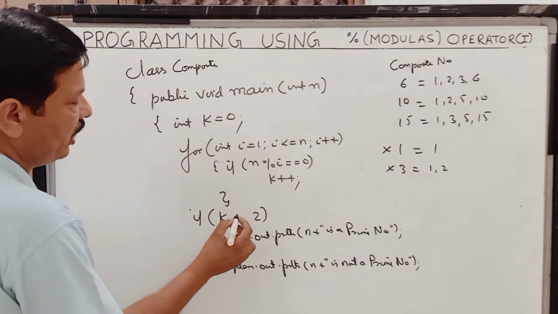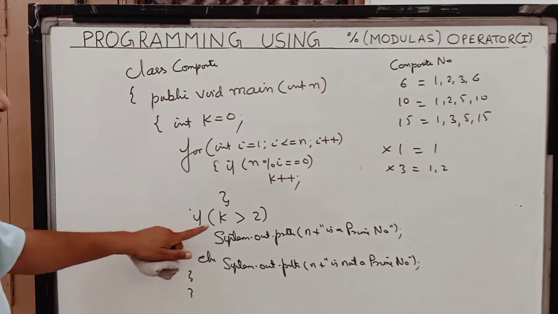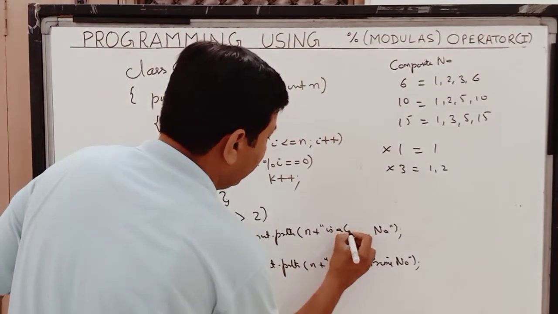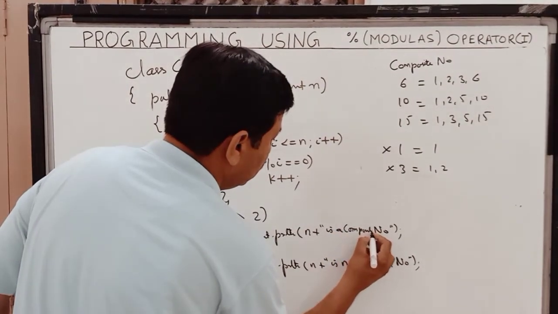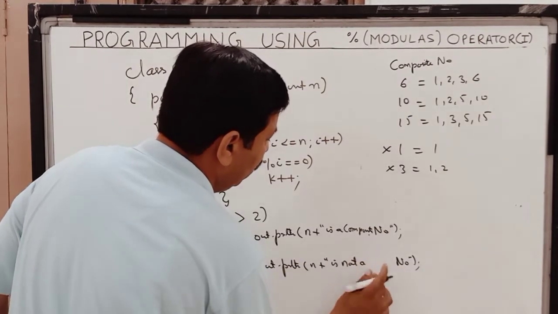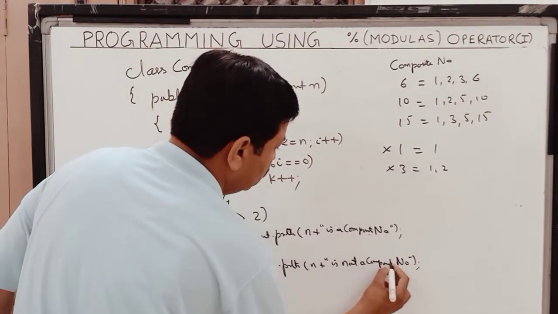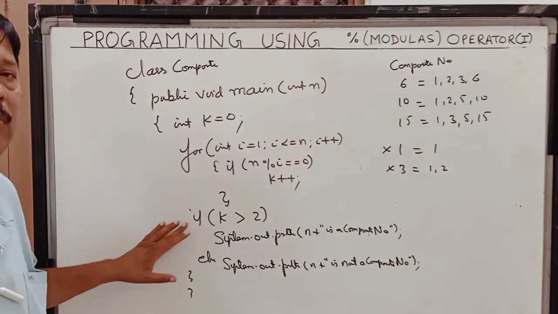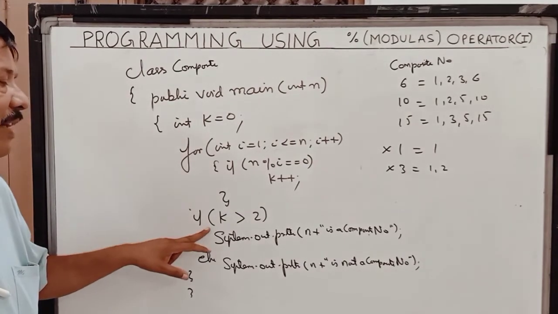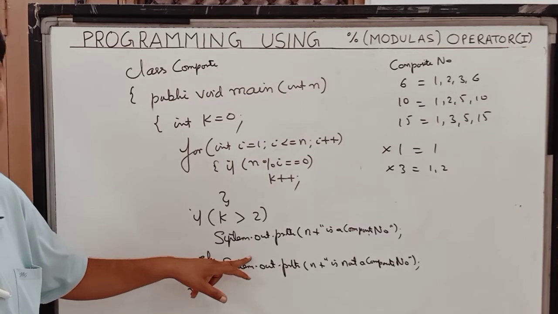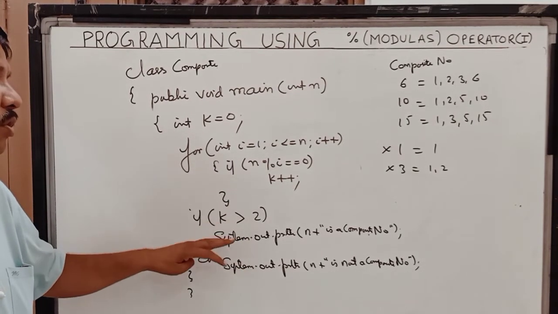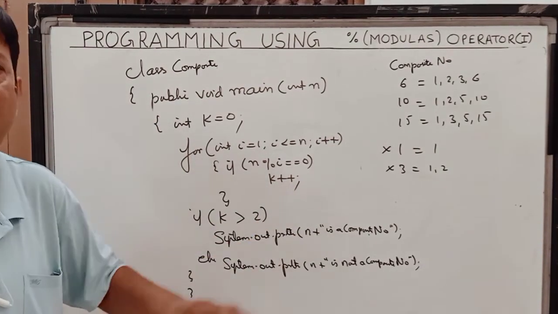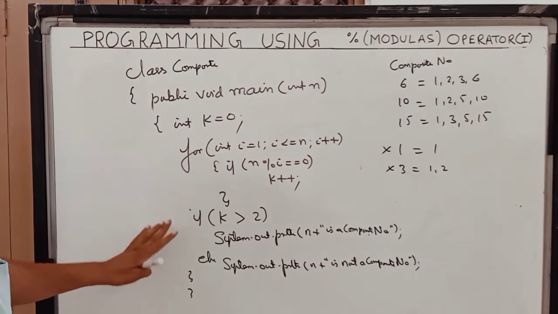Now here we are going to check if my total divisors are more than 2, I over here say that my number is a composite number. And here I say that my number is not a composite number. So children, this is just a minor change where you can do programs on prime also, programs on composite. If my total divisors are more than 2, then I say it is a composite number. And if it is equal to 2, I say it is a prime number. So this is how we can check whether my number is composite or my number is prime. I hope this program is clear to you all.